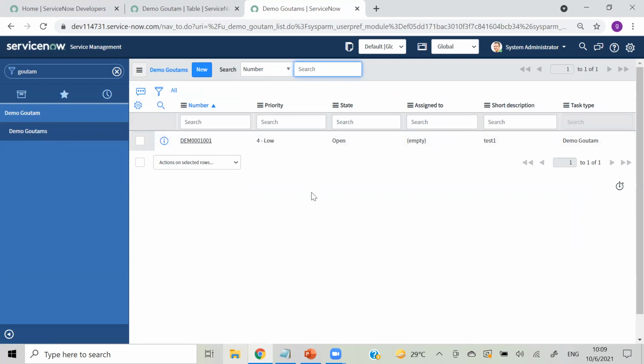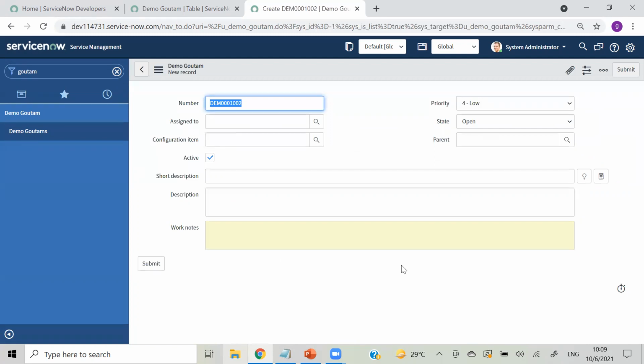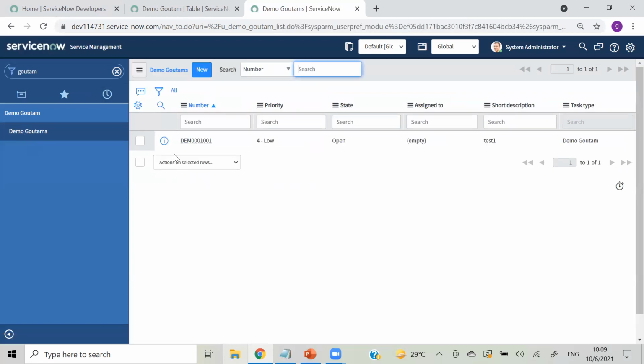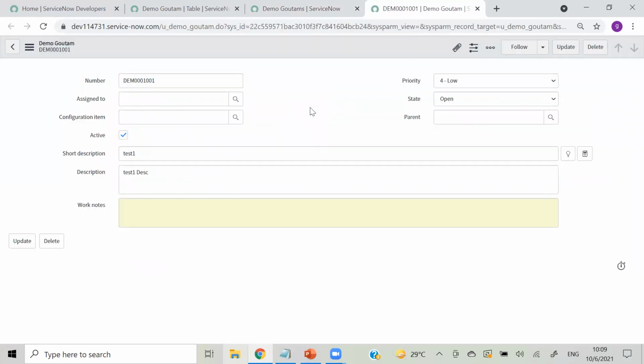So you can see in ServiceNow it is so simple. I have just created a table and extended the task table. Based on that, the list view got created, the form got created, nothing to do on the form, and even nothing to do on CRUD operations like save, delete, update. All those are also coming by default. So this is my record which I have created. Easy, right? This is for update, this is for delete. So nothing to do, no CRUD operations, no coding till now.